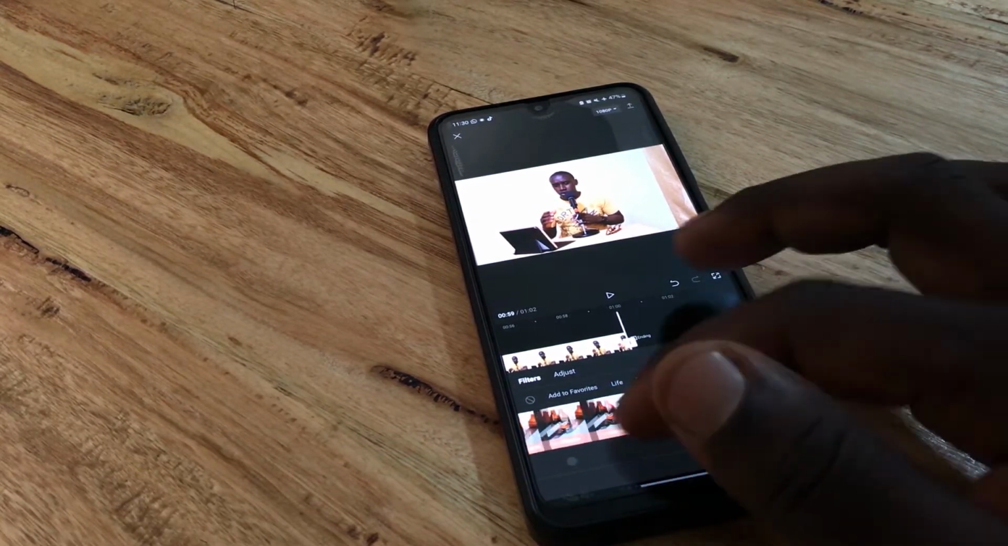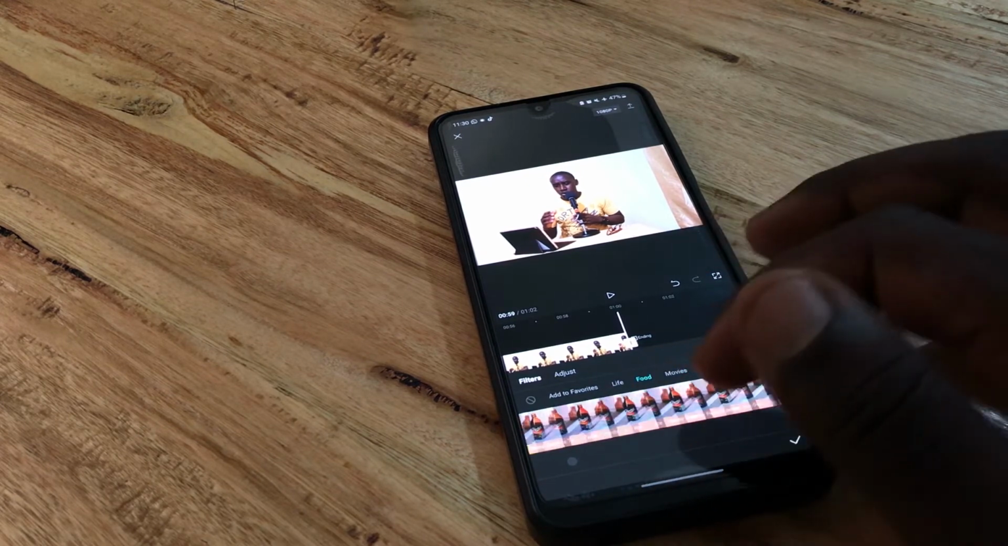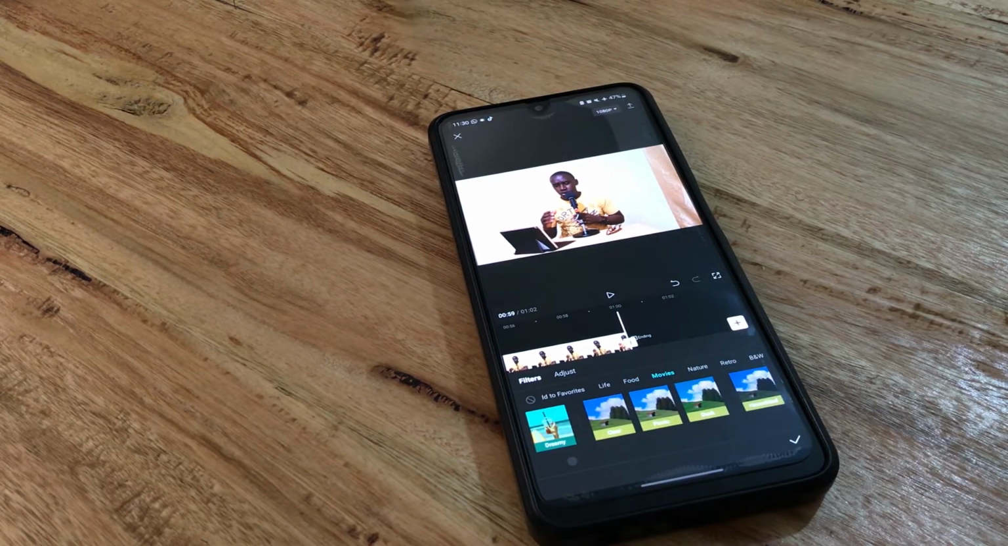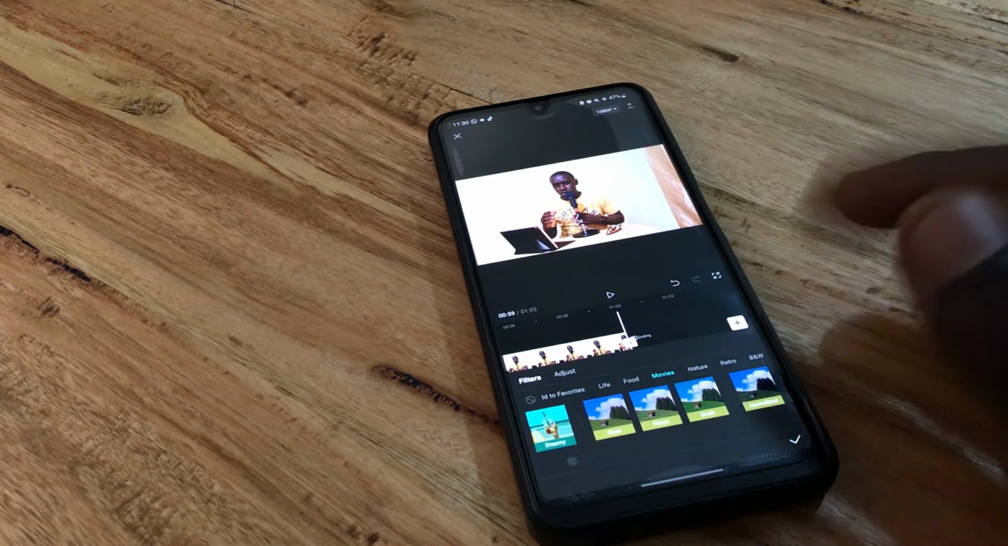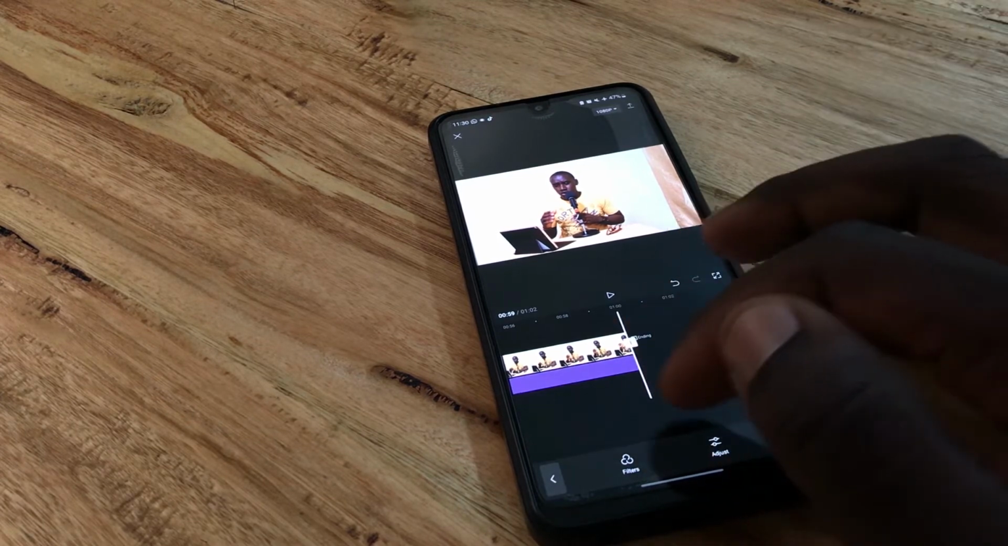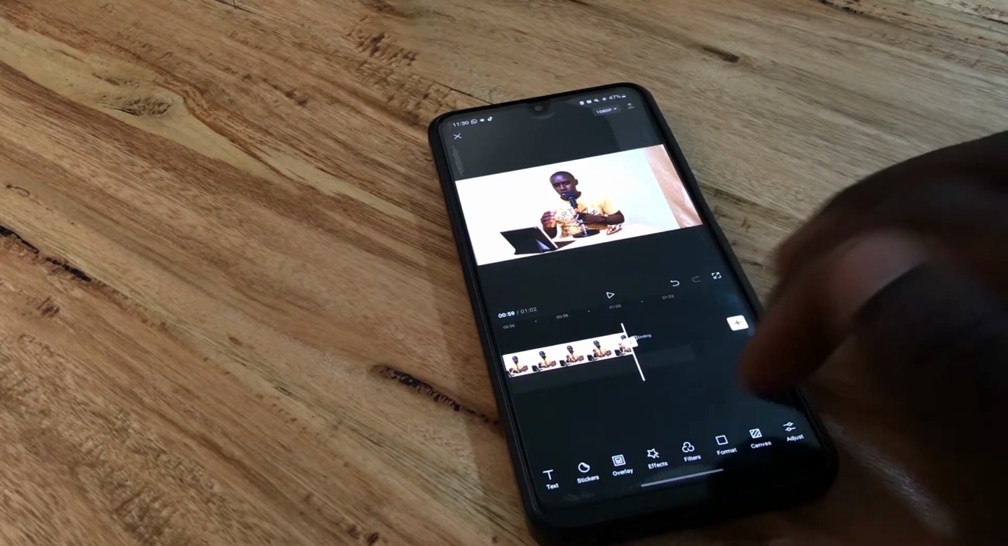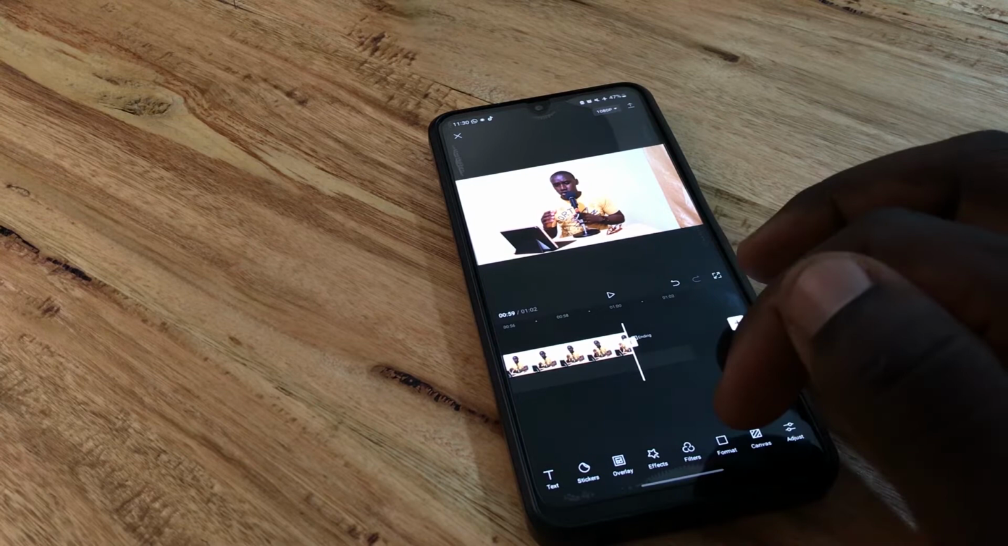So you look at the ones that you want to use, but normally I don't use filters. After I've adjusted my video, I don't need to use the filters. But if you want to use that, that is what you'll do, and that will be fine. Then what else can you add? Yes, you can